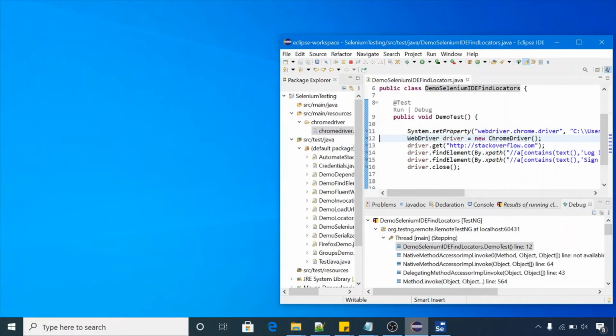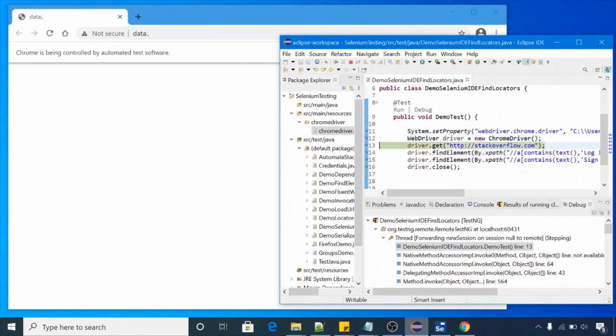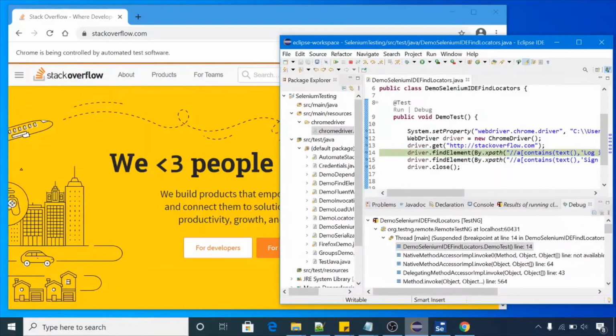Have a look, it's launching Chrome browser. Yeah, it will open stackoverflow.com, and now it will click on this login button.